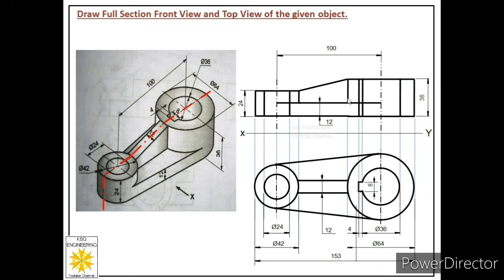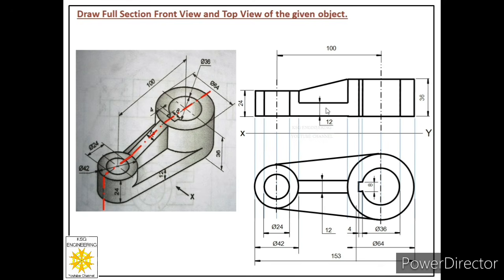Or in other words, we can say that when we cut this plate from the center and remove the front half portion of the object, then this edge will be removed. Only this length of this face will be visible, which is in between these two cylinders. So let us remove this edge and this edge from the front view. You can see we have merged these two plates and we have merged these two plates.